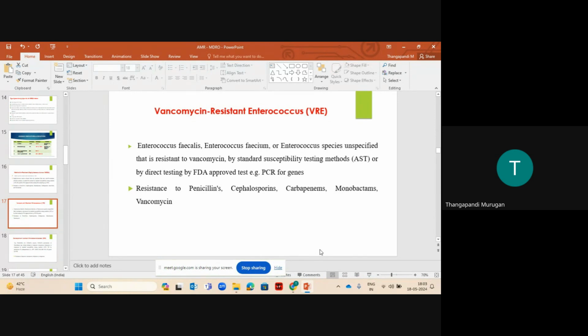And ceftriaxone and doxycycline are prescribed on an OPD basis to patients coming to the hospital with just a simple fever spike. They are not ready to make a proper diagnosis, whether it is viral, fungal, some other colonization or due to other factors. If the patient has a fever or some other symptom, it doesn't mean the patient always has an antimicrobial infection. Okay, and then it will usually be resistant to penicillin, cephalosporin, carbapenem, monobactam and vancomycin. It is almost everything from Access to Watch, because for half of the antibiotics available in the hospital, it will be resistant.